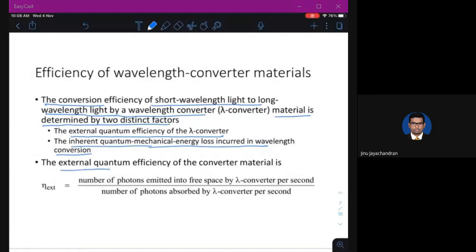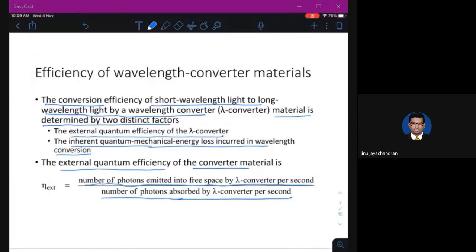The external quantum efficiency of the converter material is given by the number of photons emitted into free space by the wavelength converter per second, divided by the number of photons absorbed by the wavelength converter per second. For example, let's say you created blue light of 100 photons.